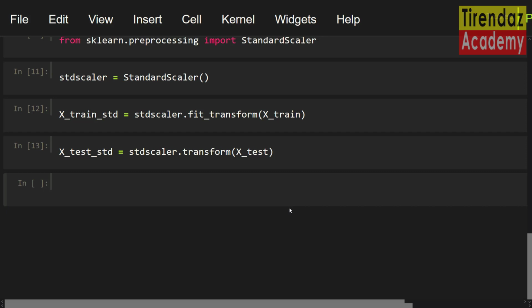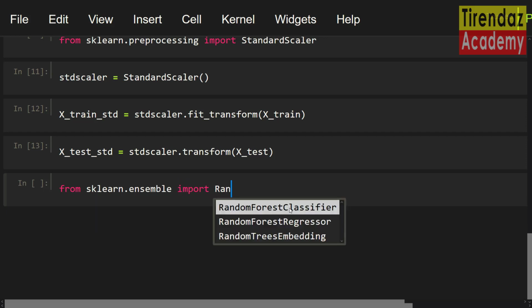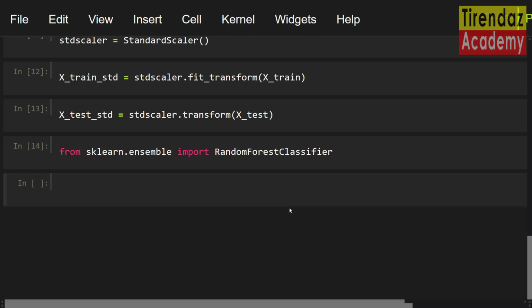Since our analysis is a classification problem, let's first import the RandomForestClassifier class. Let me set from sklearn.ensemble import RandomForestClassifier. Next, let's take an instance from this class. forest equals RandomForestClassifier.